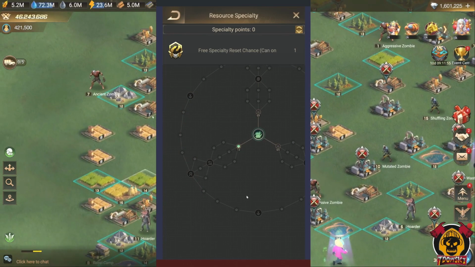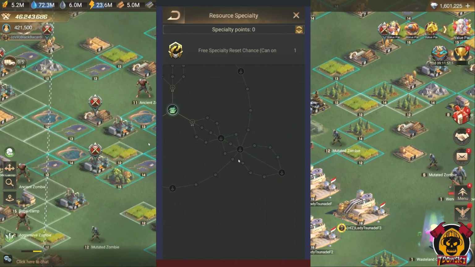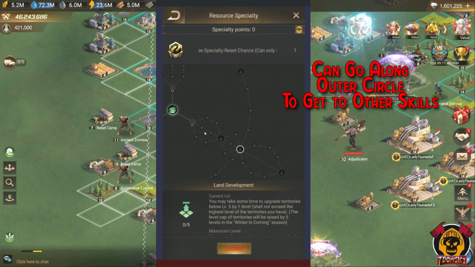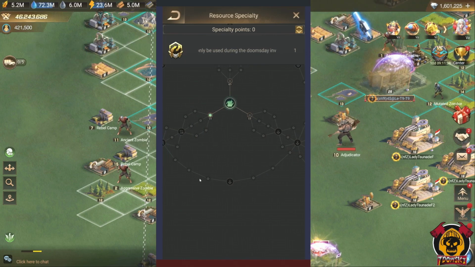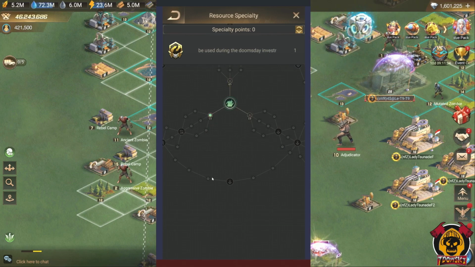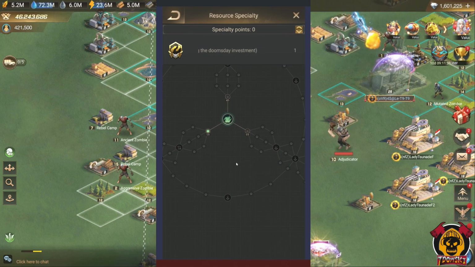There's one more benefit here that people may overlook. If you were to go along the outer circle, you can get to this skill without having to go down this path. Now, keep in mind, it is less specialty points to go straight down the path to get to this skill, but you won't get the extra 5 territories and you won't get the experience that comes with going around the circle. So it's up to you how you want to do it, but you may not want any